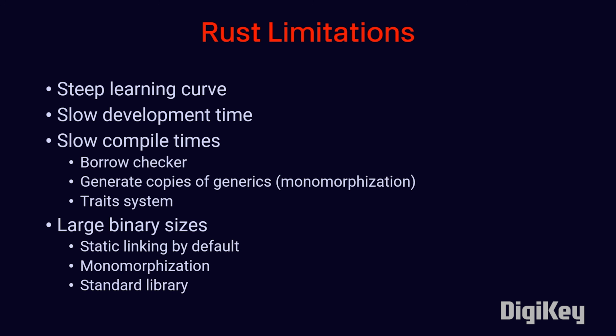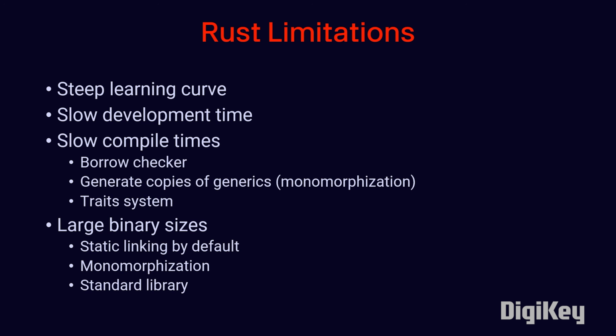Monomorphization can bite us here too, as generating code from generics means, well, more code. And like C++, Rust has a standard library that contains a lot of functionality, but it can add some bloat to your application. Luckily, these aren't a big deal in embedded systems, as we usually assume static linking anyway, and we won't be using the standard library, as it's often too big and complex for microcontrollers and assumes you have an underlying operating system. Monomorphization can still be an issue, so keep that in mind when we look at generics